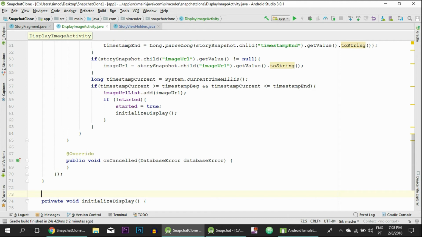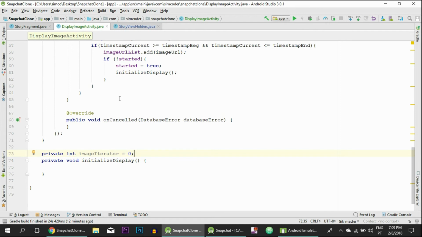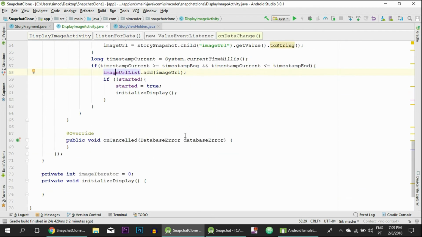And we'll need actually only one variable right here, which will be private int imageIterator, which will tell us in which position of our image URL list we are in, so that we know if we have reached the end, and so that we can control when the user taps the image view to change image, and after 10 seconds, let's say, the image changes automatically, so that we know which image to get. So now we'll be using Glide,